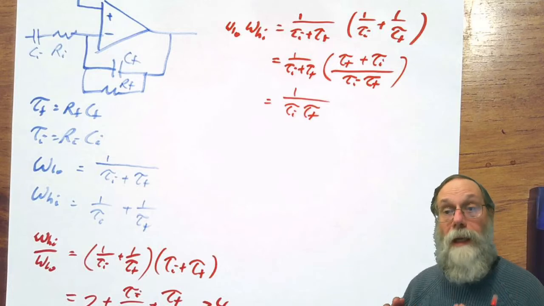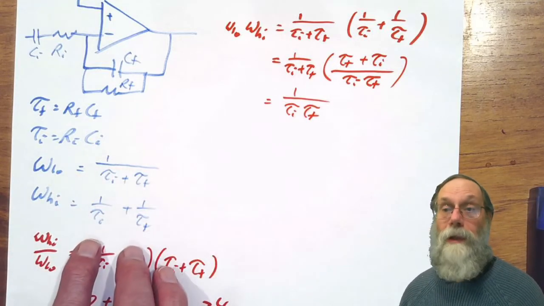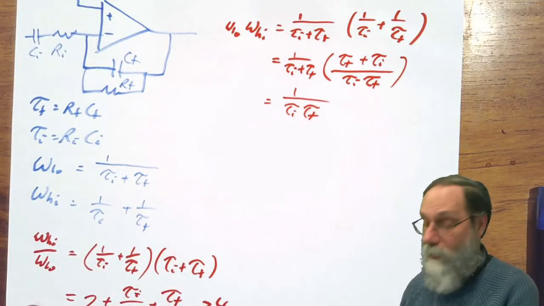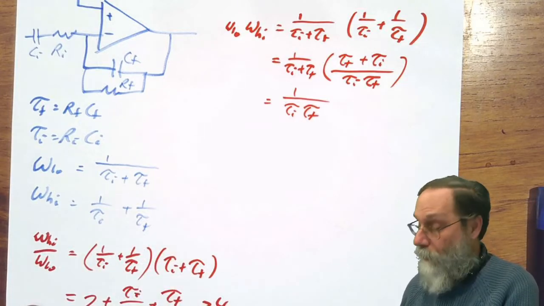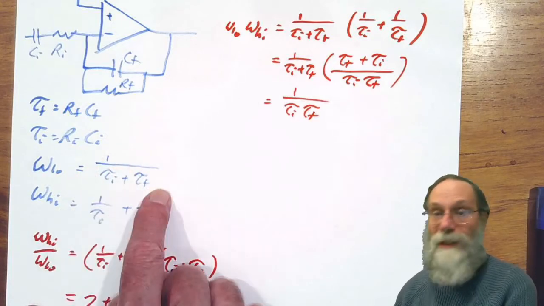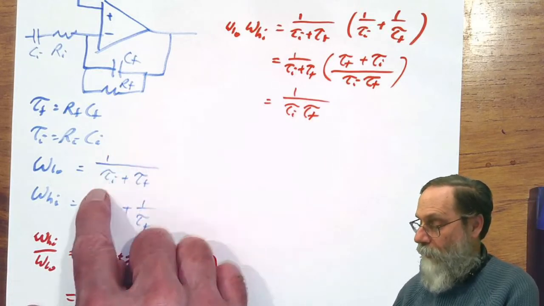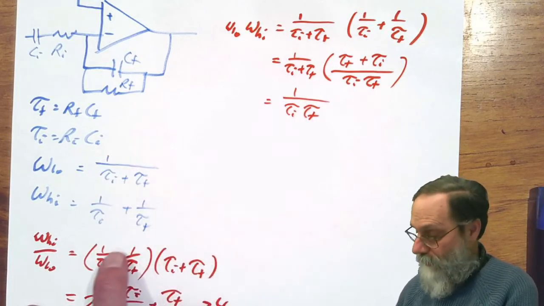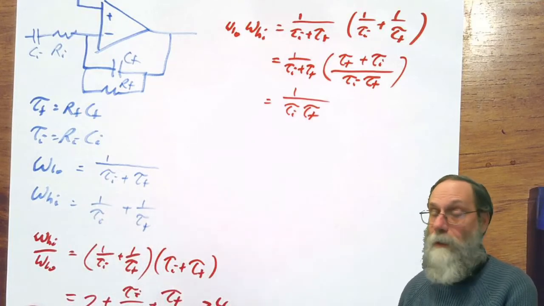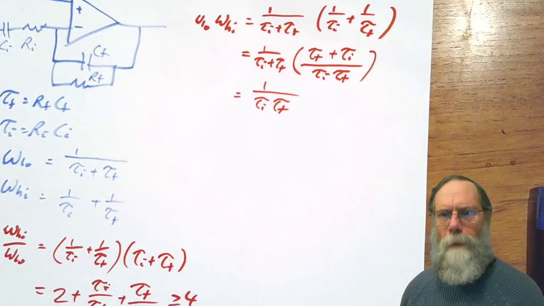But when you're trying to make a narrower bandpass filter, then the approximation doesn't work anymore. You're trying to make the thing where it's only a factor of 4 apart, then you've got tau I equal to tau f, and you can't make the approximation that one of these is big and one is small. They're the same. Here you'd have 1 over 2 times the time constant, and here you'd have 2 over the time constant. So it gets a little messier when you're trying to do a narrow bandpass.